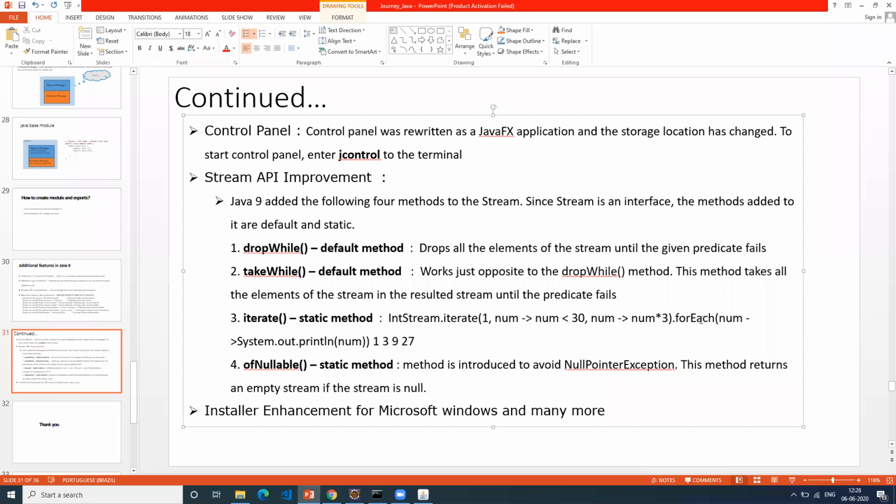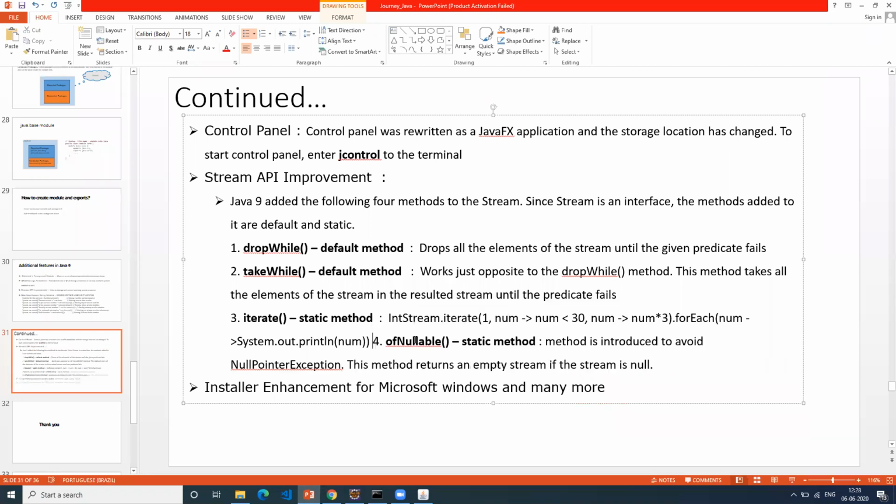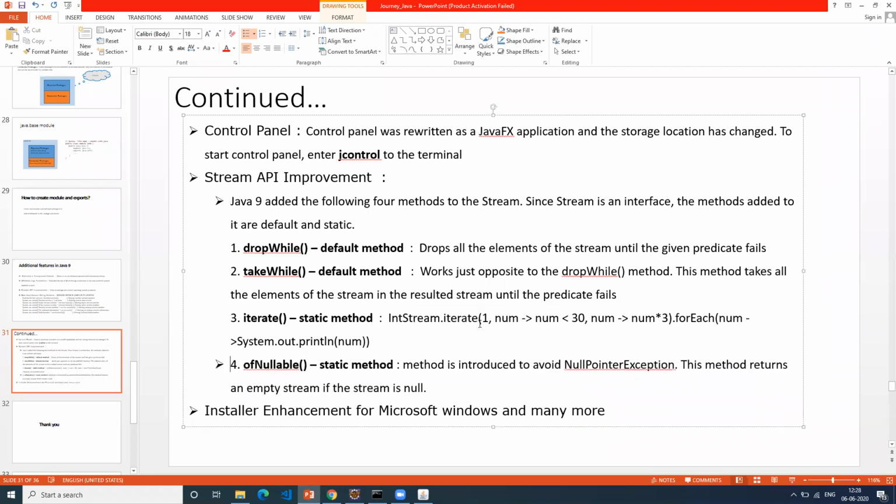This is one more forEach method, which was introduced in Java 8. With this you can just print everything in one line. Till this point it is just a one line execution. If you want to write the same code using Java 6 or Java 7, it will take at least 10 to 15 lines of code.